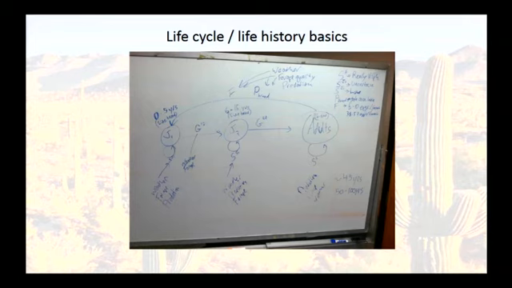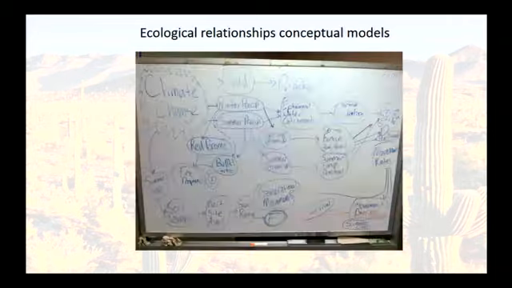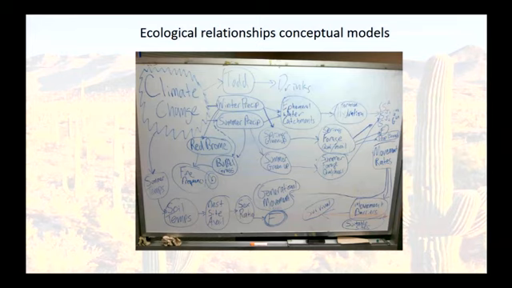So we identify from this life history diagram the key life stages, and then some of the key parameters that we might need to get data on or literature values on in order to build some predictive tool for the species. And so we start to dig a little deeper into some of these components and start thinking about the ecology and what the species needs. So over here on the right are all of those demographic parameters that are important: survival of adults, survival of juveniles, of the large juveniles, the growth rates, productivity, the fecundity, and then the proportion that breed.